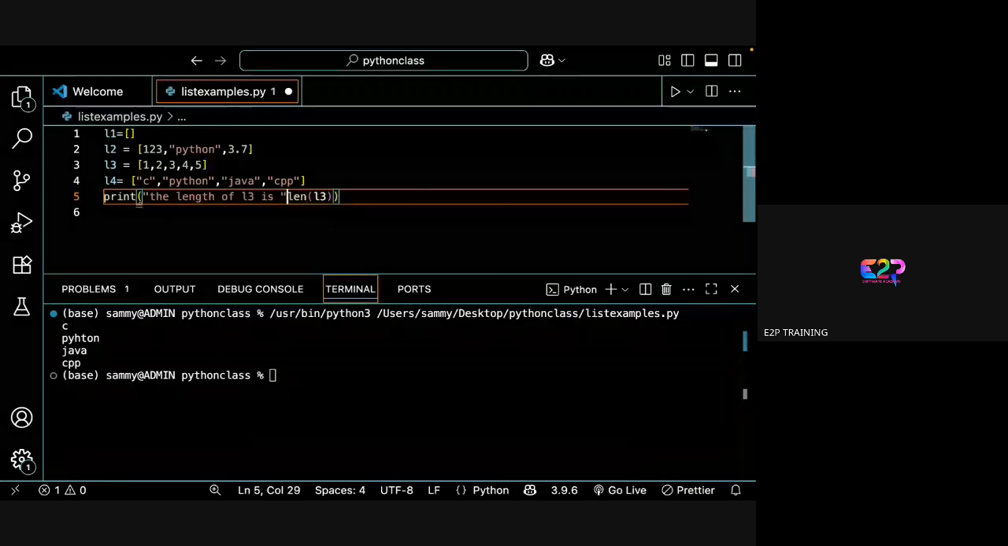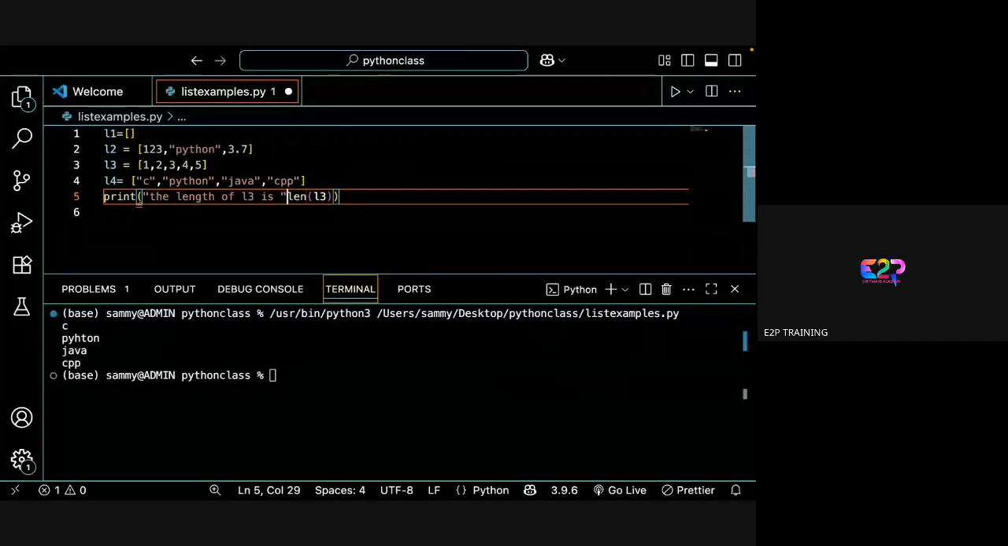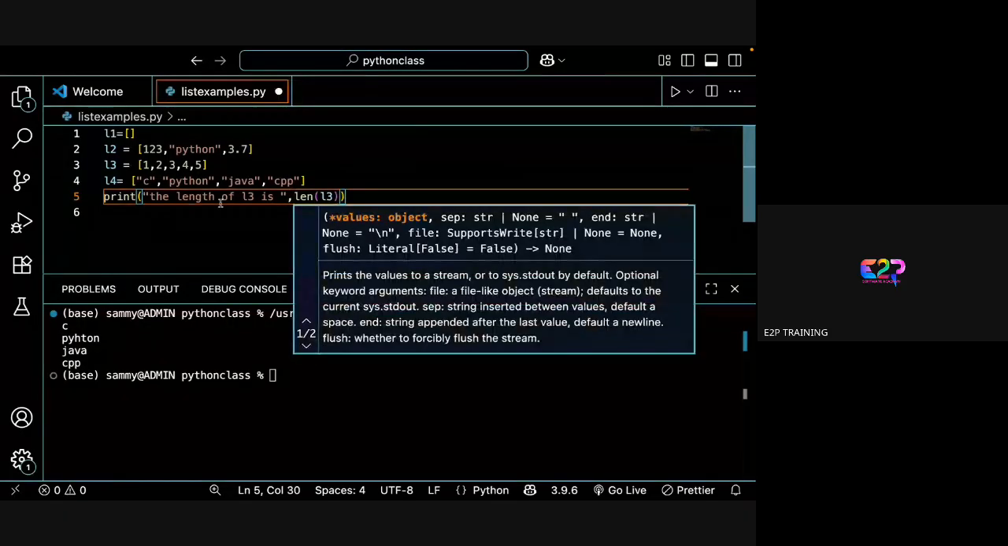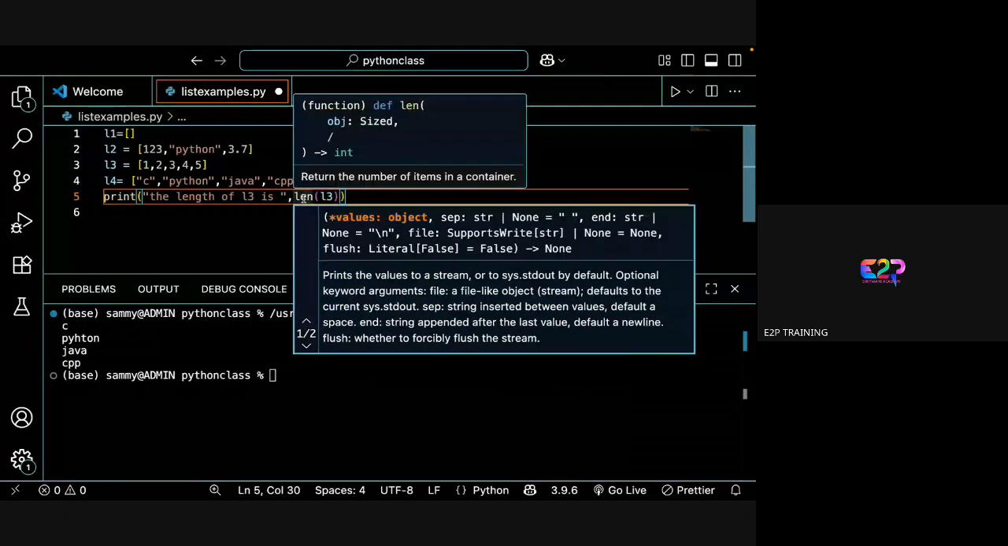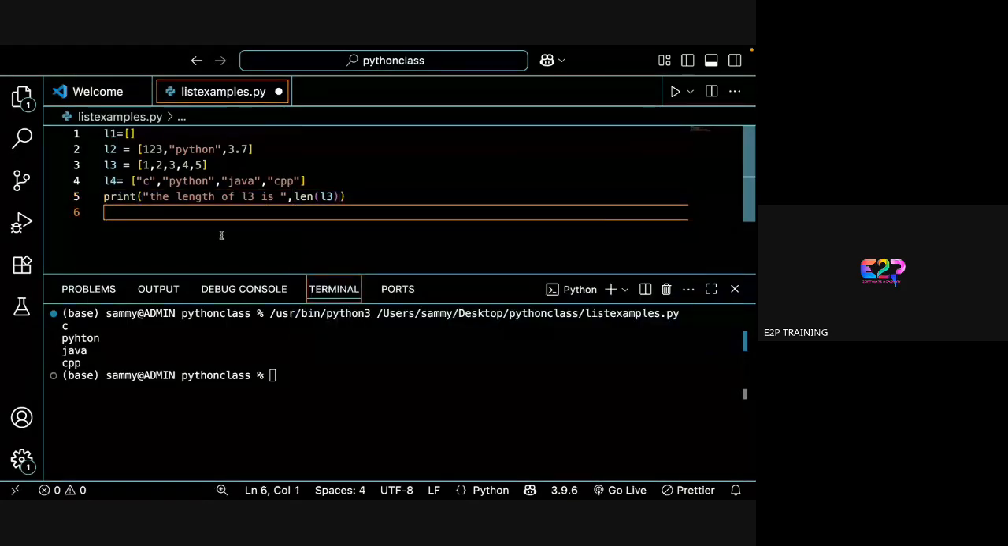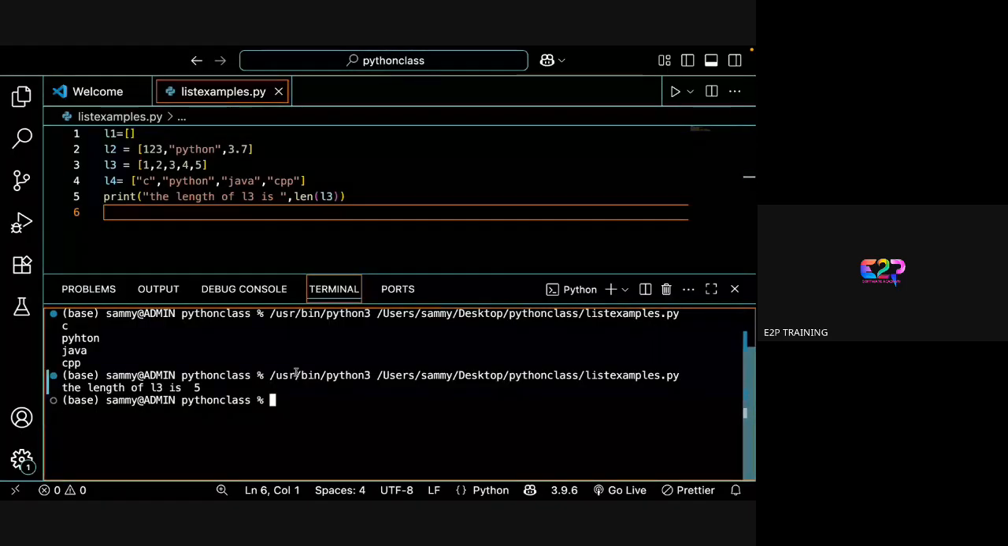then after the semicolon, what do I have to use? I can use the comma, so that it will print the variables, right? So here I'm saving it and I'll execute the code. So you can see the length of L3 is 5, right? So like that, we use the length function to find the size of any element,